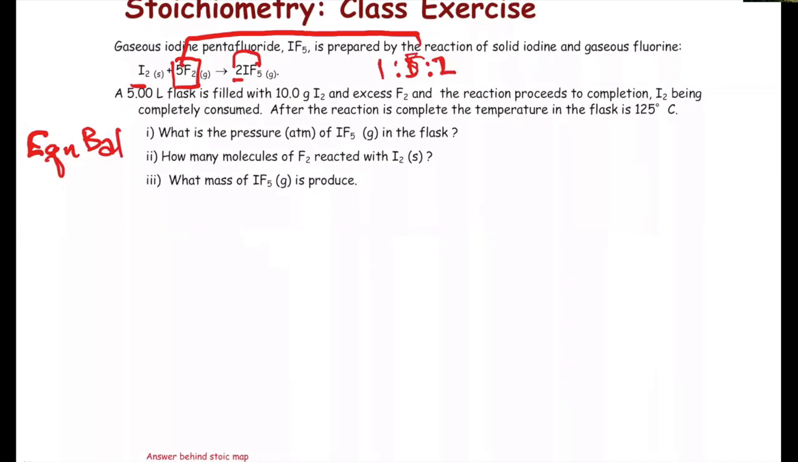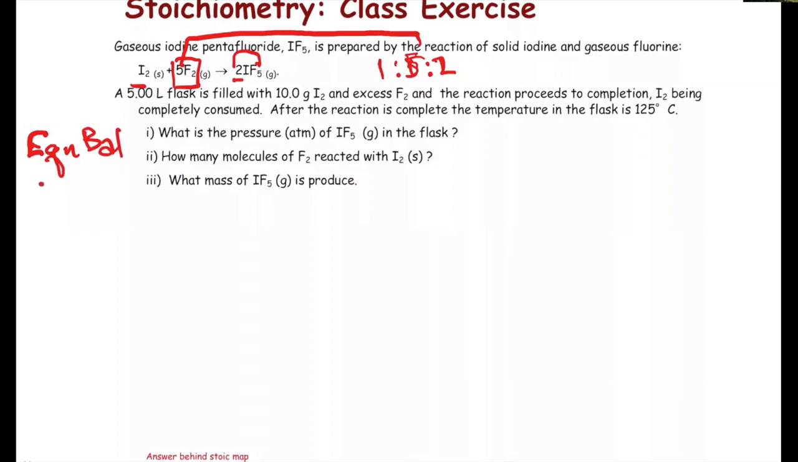It's a 1 to 5 to 2. That's the mole ratio that you are going to have to use when you relate one chemical to the other. It's a 1 to 5 to 2. So let's continue. After we balance the equation and we see the mole ratio, it says a 5-liter container,